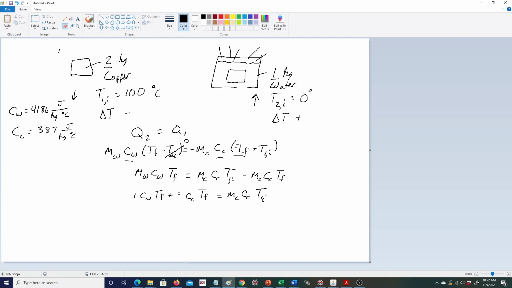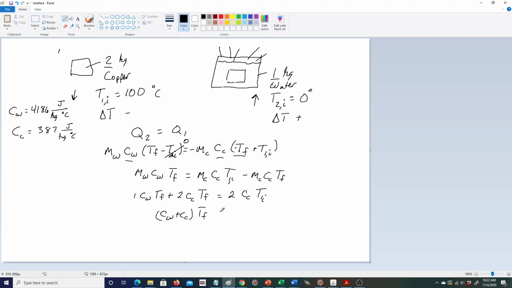And I'm going to drop the units because kilograms on both sides will cancel out, and I'll just be left with their overall factors. And so I have something that looks like this, right? And so this is just going to be, I'm going to factor out the TF, and this is going to be CW plus CC